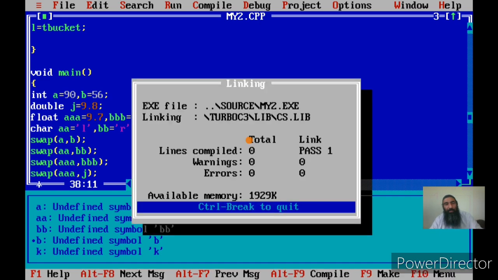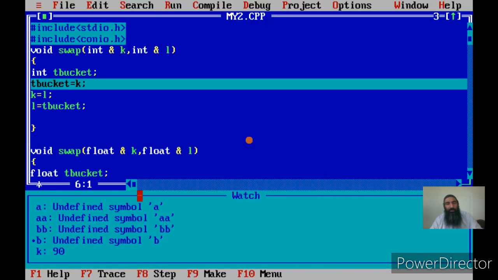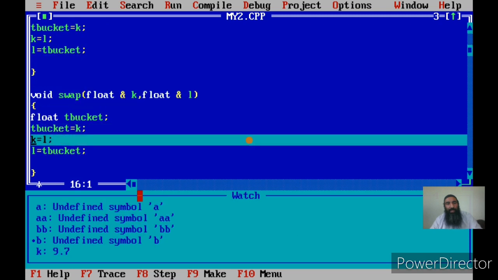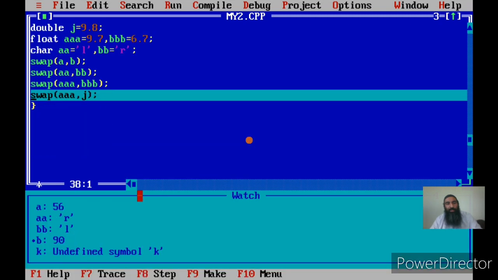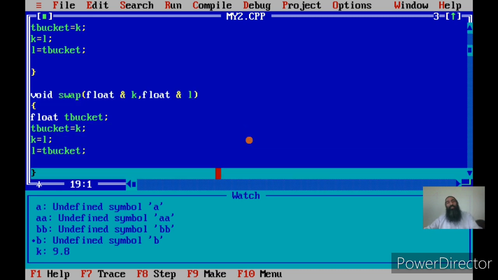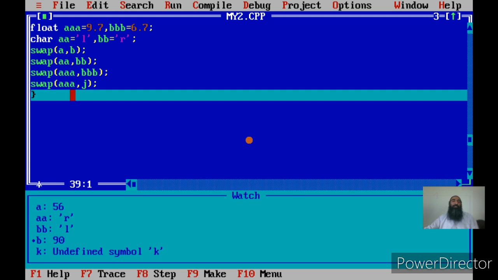Let us see what happens once we reach this call. I'll finish the first three calls; we have already discussed them. Now I call this function. The data type of AAA is float and the data type of J is double. I have not declared any such function. What happens? Let us see. This was resolved as a call to the float version, and this is what we call a surprise.